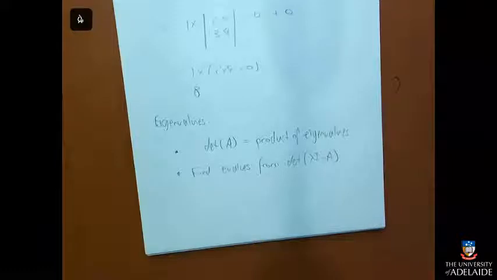Right, you do this lambda I minus A thing, which gives you a new matrix, and you take the determinant of it, and that finds the eigenvalues. That is why you were taught determinants. No one really cares about determinants, but you were taught them so that you could find eigenvalues, because eigenvalues are way awesome. Okay, so there you go. You were told to do them.